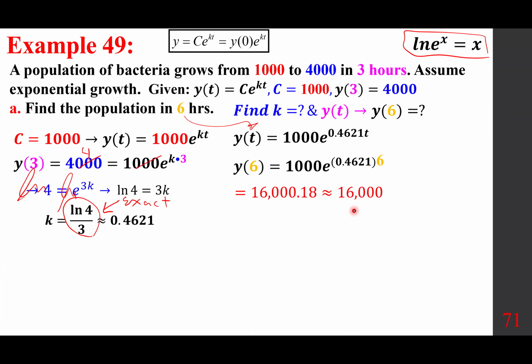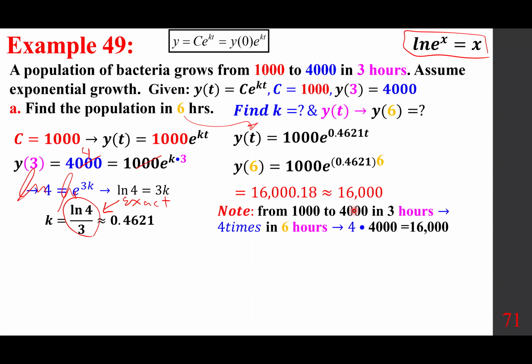I want to add a couple more things. Number one, it is possible to rewrite this in the following manner, okay? That we went from 1,000 to 4,000 in 3 hours, right? So every 3 hours, it seems to be getting 4 times. So now, if it's 4 times, then in 6 hours is another 4 times. So 4 times 4 is 16,000. That's how we get. So that's one, again, easy way to do it, but we wanted to do it with the details, with justification,